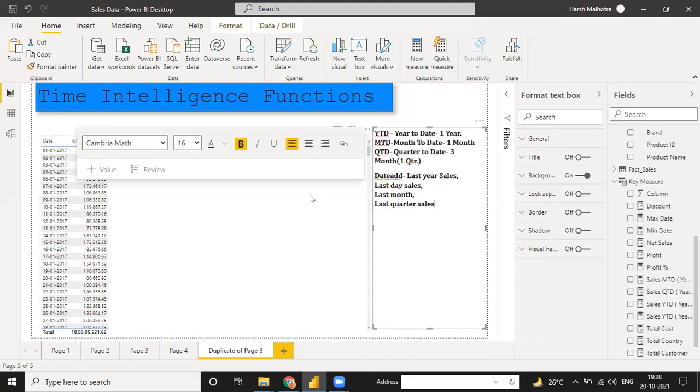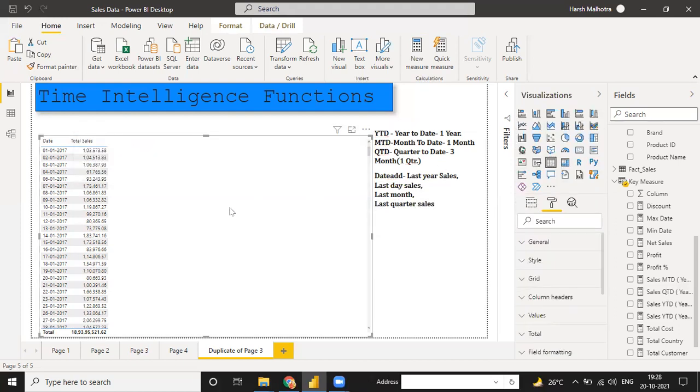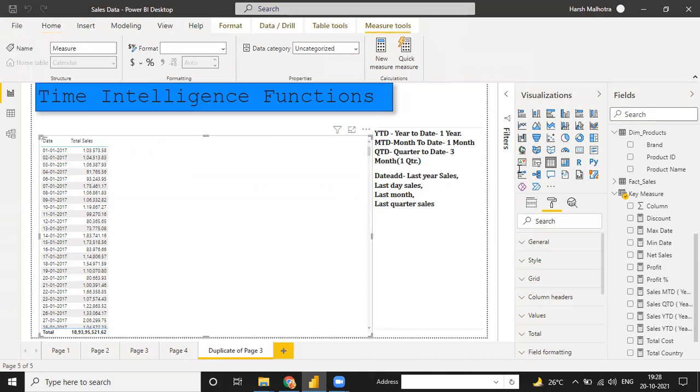This kind of thing you can do with just the DATEADD function. Let me check. Right now I'm going to create a new measure.